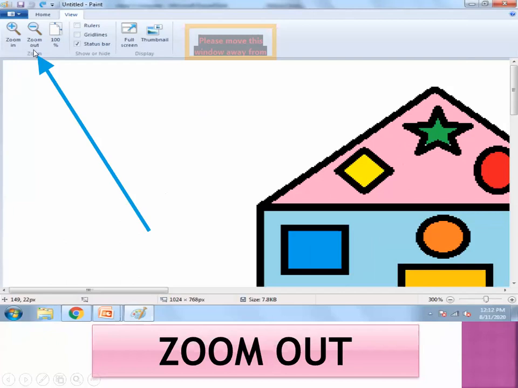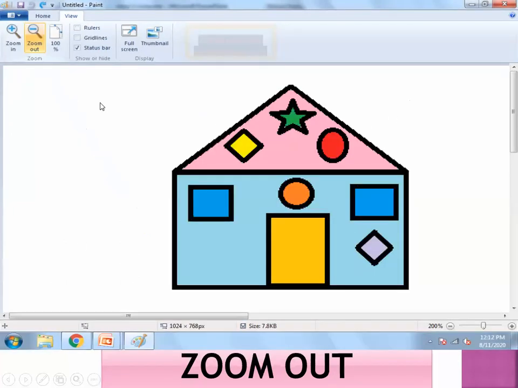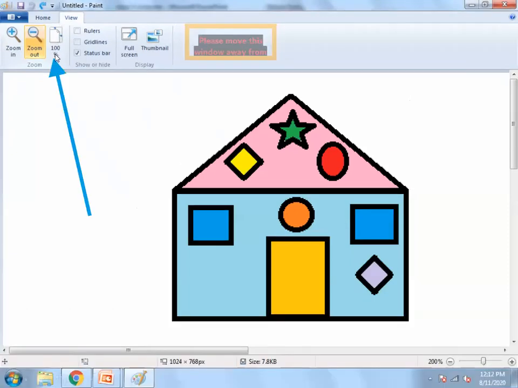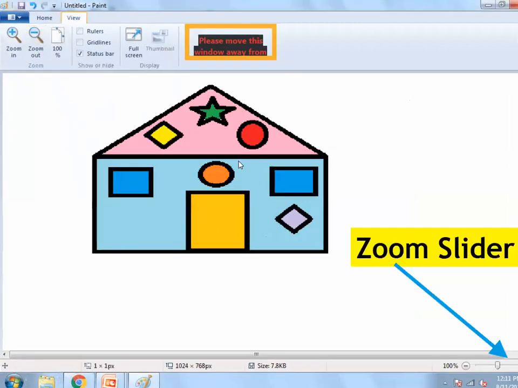When I click on zoom out, you can see a smaller view. When I click on 100%, it displays the actual picture of the image. You can also see here there is a zoom slider. From the zoom slider, you can also see a larger or smaller view of your image.